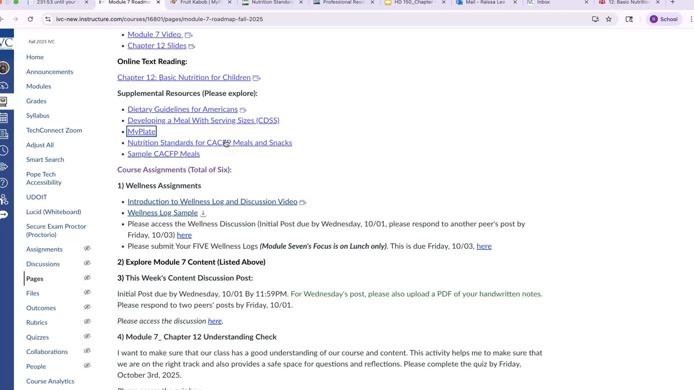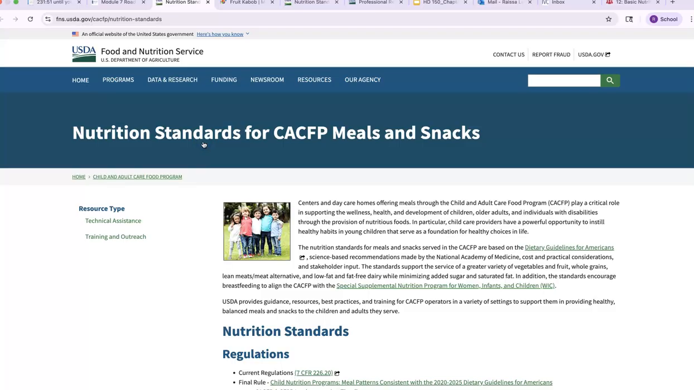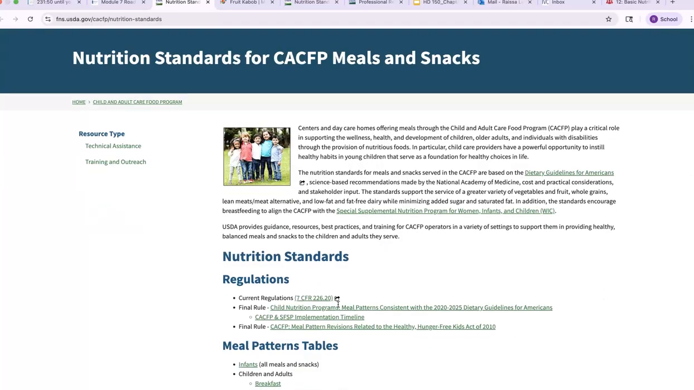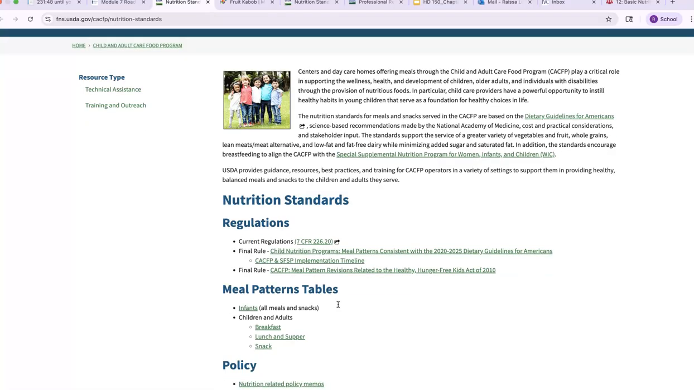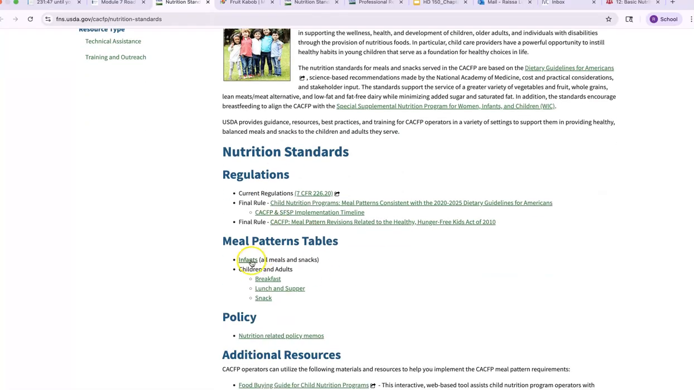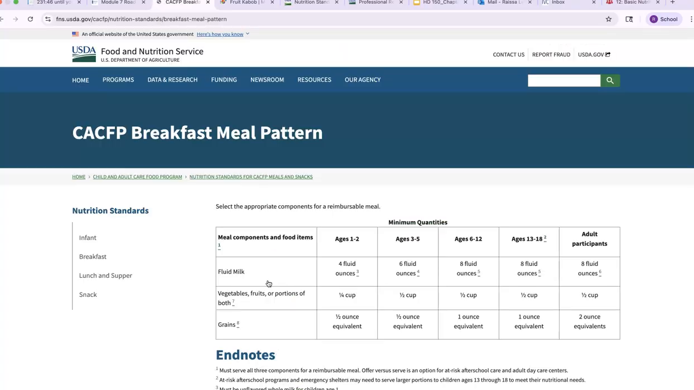So yeah, My Plate is an amazing, amazing resource. Now, this one, Nutrition Standards, you'll definitely need this for next week, but I wanted to give you some extra time to look at it. So again, here are all the meal patterns. Like for example, for breakfast,